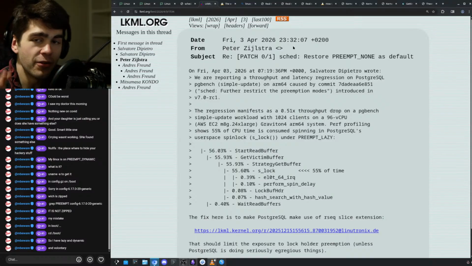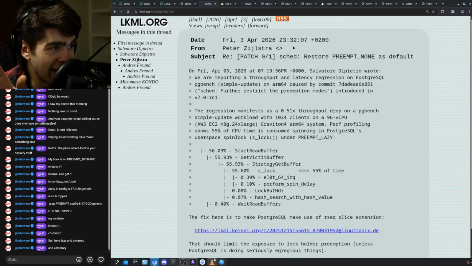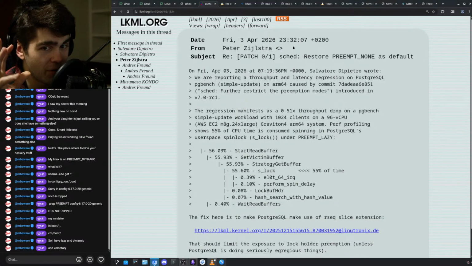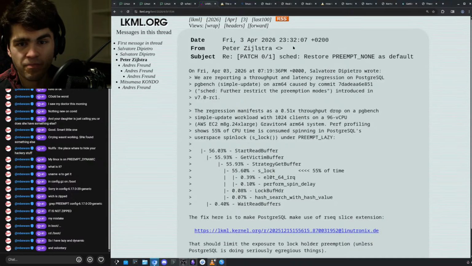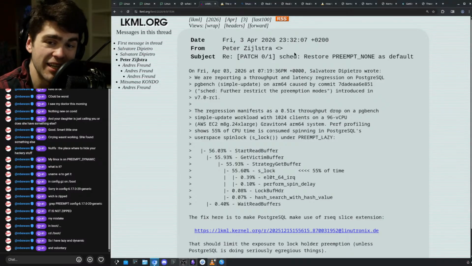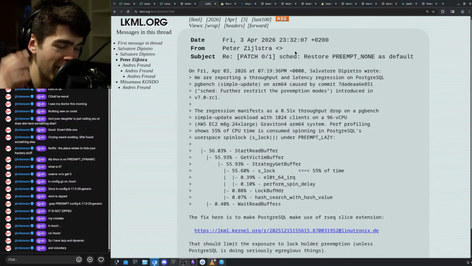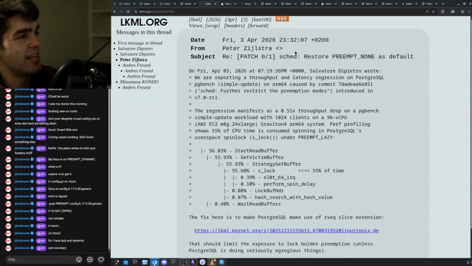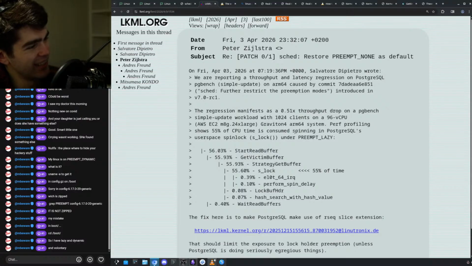Anyway, Peter Z is essentially the biggest pusher of preempt lazy and of all the changes in preemption. He's the guy who for the last 2-3 years at least has been yelling at the top of his lungs that we need this and that we're going to be able to get this done. He's invested. So he sees this report and his answer,